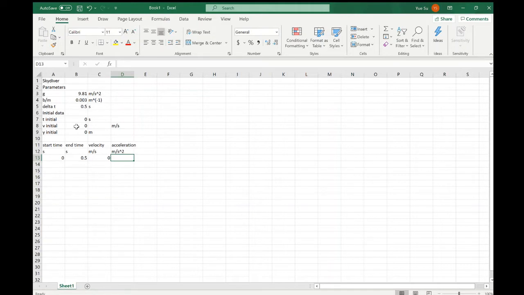So we are using our equation. A1 is g minus B over M V1 squared. So that equals g minus B over M times V1, which is here, squared. So before I press enter, now there are two